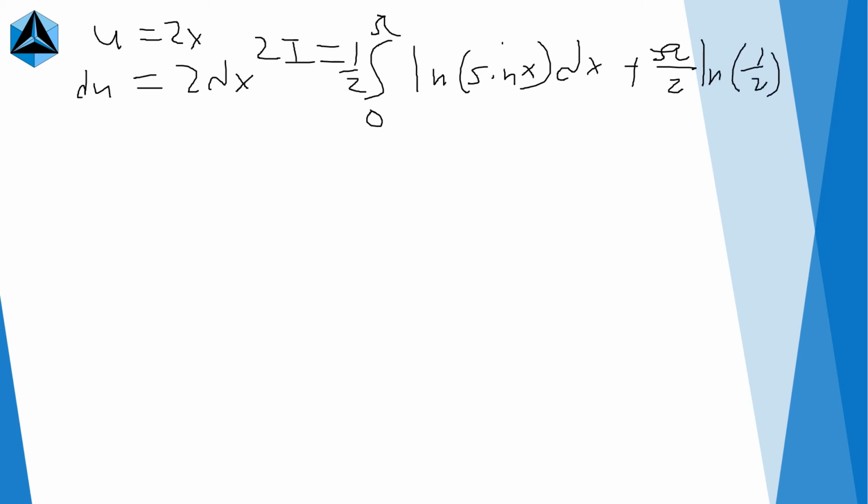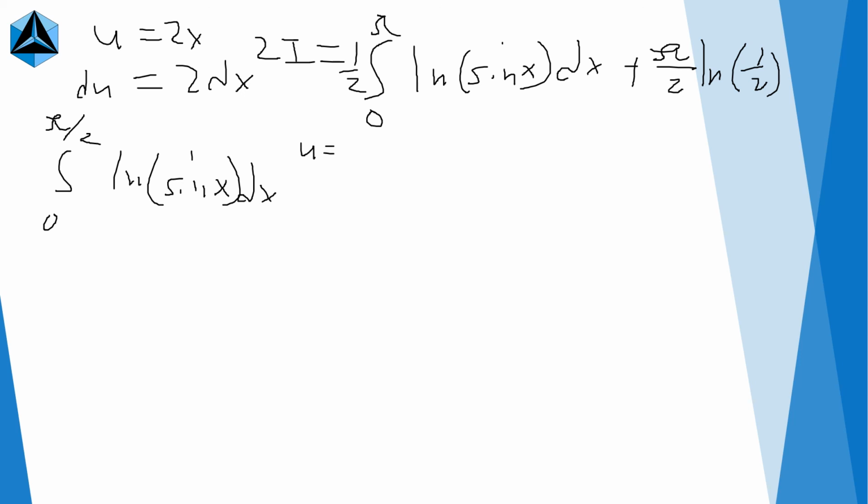It turns out that sine of x is symmetric around pi over 2, so we can actually just split the bound back into 0 to pi over 2, and then multiply this whole thing by 2. The easiest way to show this is to shift the bounds again. So we can show that with the integral from 0 to pi over 2 of natural log of sine of x dx,